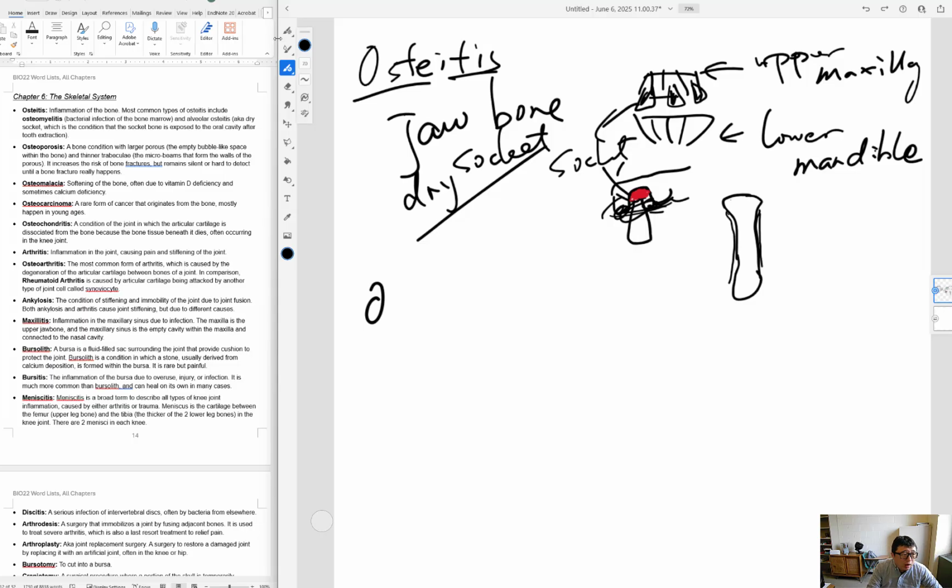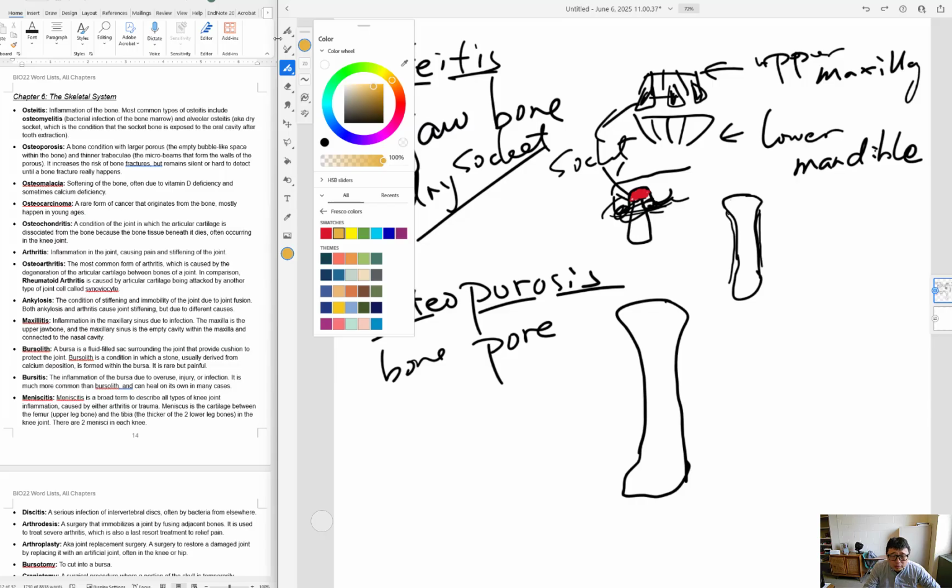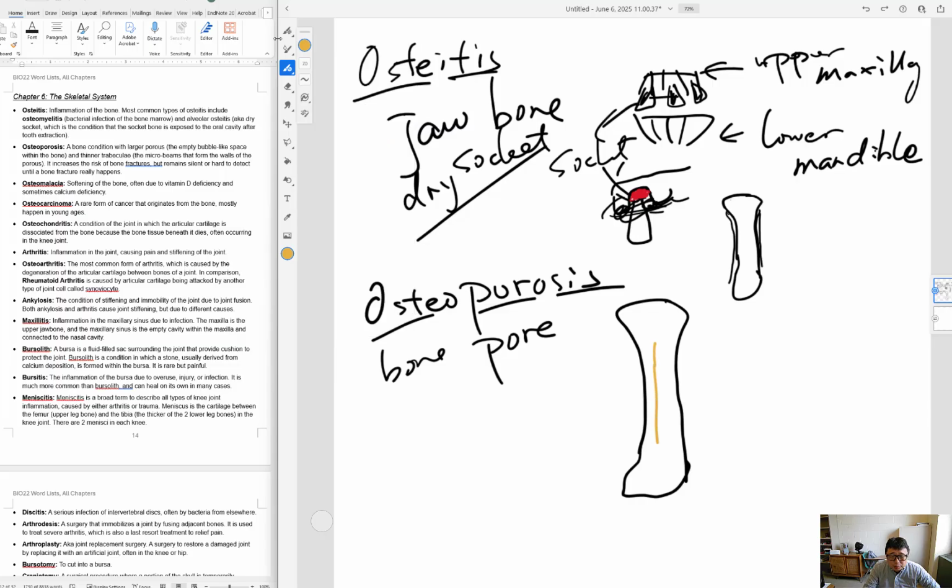And then osteoporosis. Osteo means the bone, and por means porous or pore. And then the status. What does it mean? Let's draw another bone here. In the center, this is the bone marrow, the medullary cavity, a big connected marrow, and then